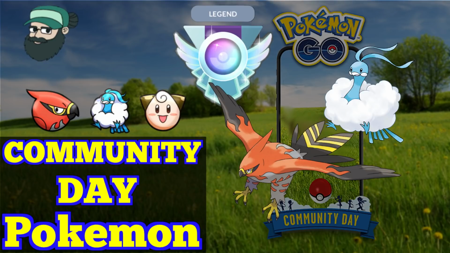In today's video, we're going to be going over a team I started using for the last 2 days. It's pretty good. Most sets you go 3-2. This set I went 4-1. So I'm going to show just one set here, but it's basically Talonflame in the front with Clefable and Altaria